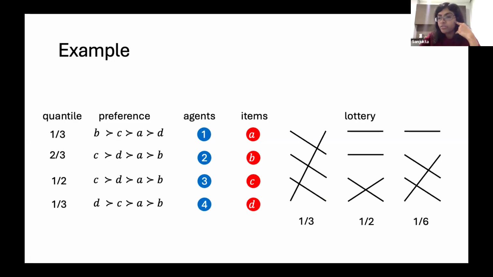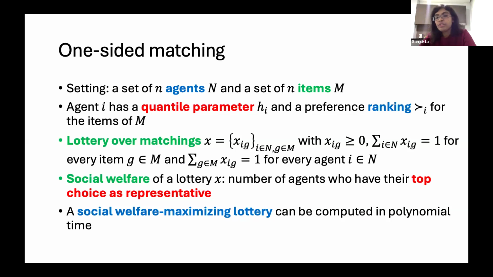Now, this could be a lottery, which assigns probability 1/3 to this matching, half to this one, and 1/6 to this one. You can check that the green highlighted option, the items are the representative for these agents. Okay, so what we want to look at here, well, first thing we study is, can we give